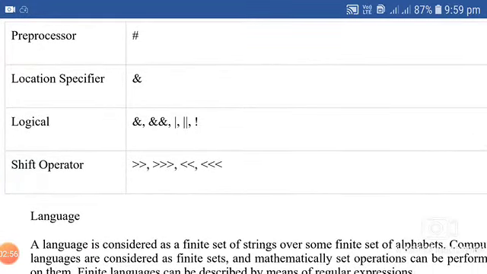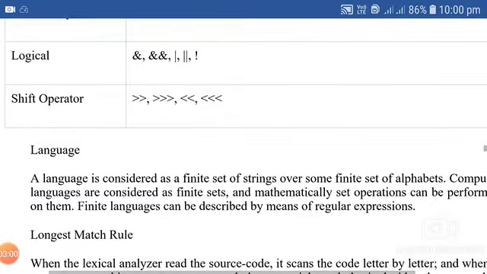Logical: ampersand, double ampersand, pipe symbol, double pipe, and exclamation. Shift operator: double greater than, etc. Language: a language is considered as a finite set of strings over some finite set of alphabets. Computer languages are considered as finite sets, and mathematical set operations can be performed on them.